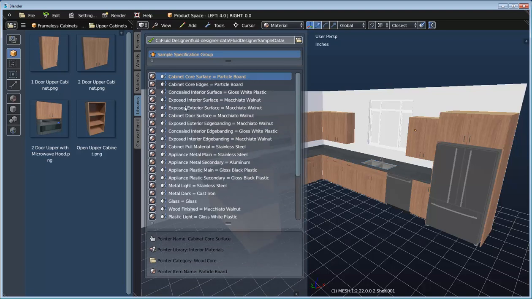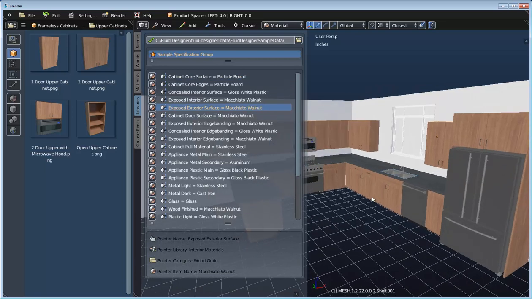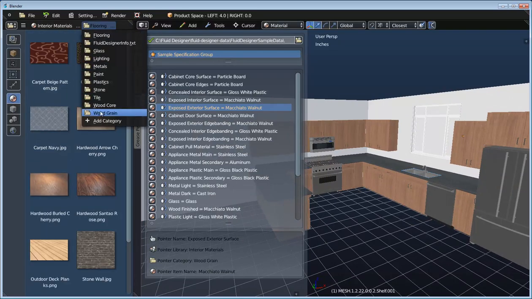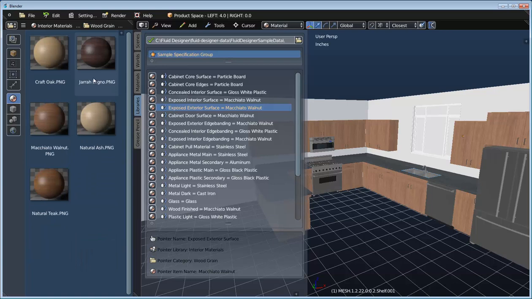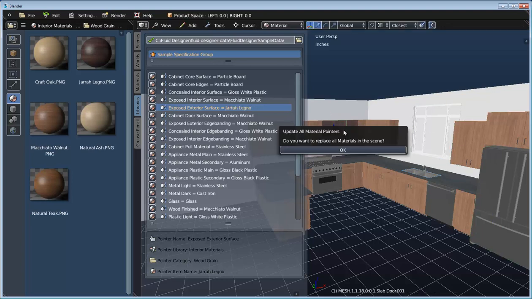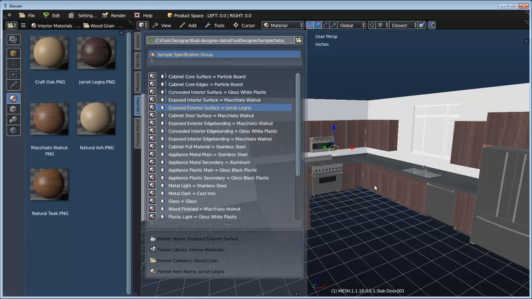And so we can see here for the exposed exterior surfaces on our cabinets, it's set to this macchiato walnut material. And so if we go to our material library and switch to our wood grain category, if we drag this material into the scene, we can obviously assign it to individual objects, but that's kind of a pain to go through every single object and assign it. What we can do is type P on our keyboard. That will assign that material to this pointer,